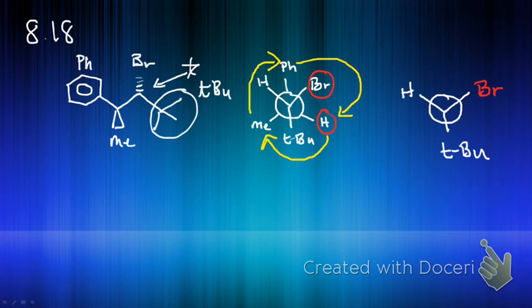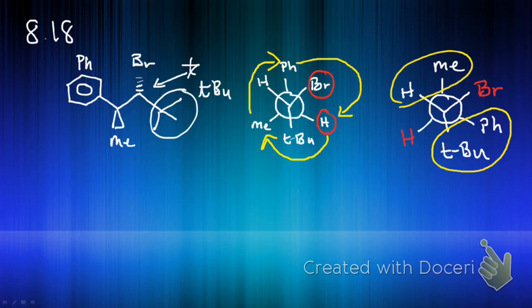And then I'll draw in my other groups. So we have the phenyl group here, and then we have the methyl group up at top, and then I have my hydrogen here. So now when I do that, what ends up happening is these two groups will be together, and these two groups will be together as the pi bond forms. So a base will come in, take that hydrogen, that collapses in, and that leaves